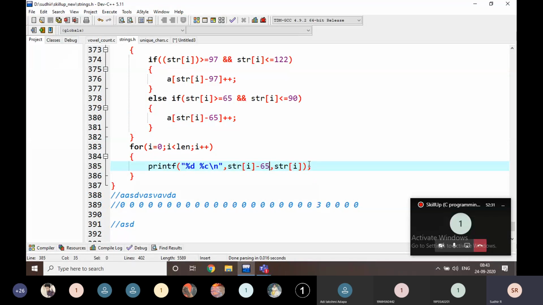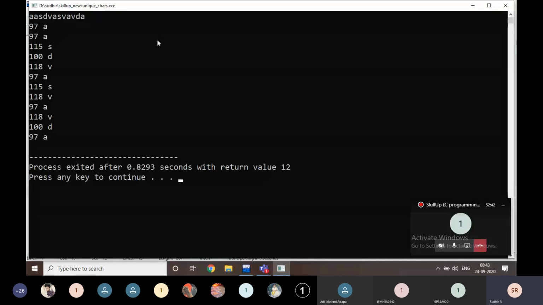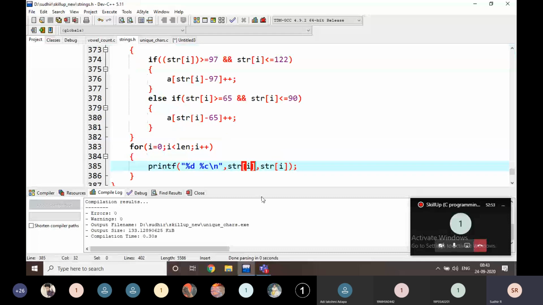It is going to be 97. Okay, it is directly 97, right? It is small characters, right? That's why it is going wrong like this. Sorry for that. And I am writing here minus 97. Yes, that's it.